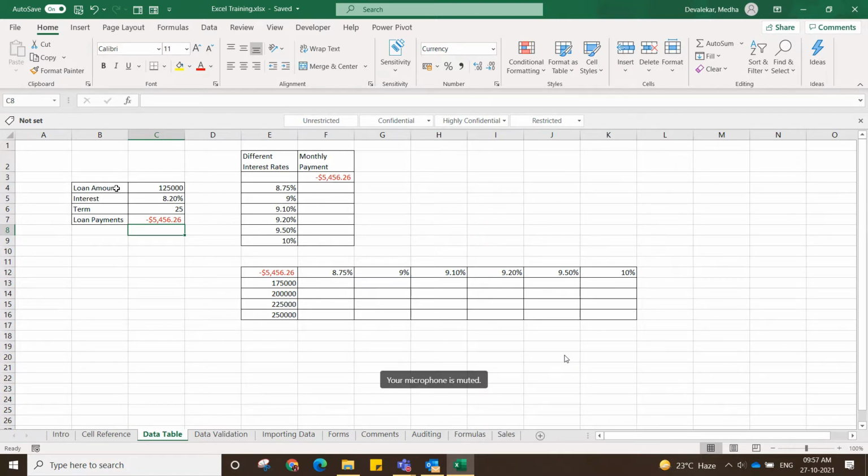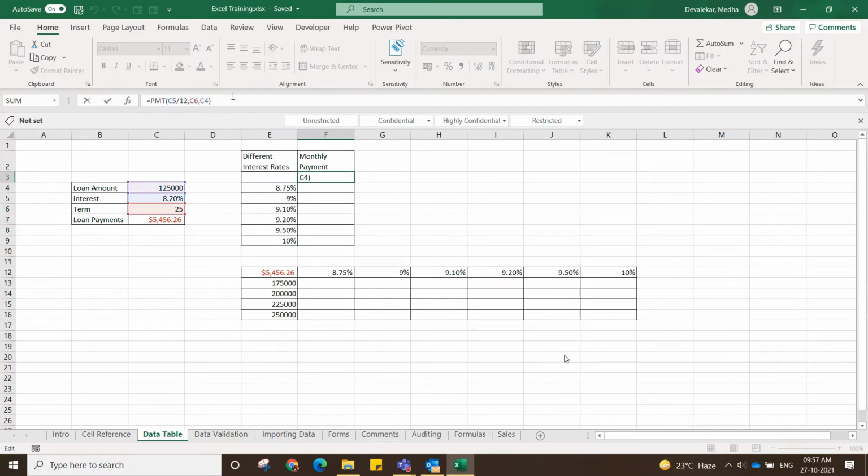Okay. So now consider we are calculating the loan payment. But now my interest rate is not a constant. I need the interest rate to change, and based on that interest rate, I need to calculate the monthly payment. So how will I do it? I created another table with some interest rates. Here I will just refer to this same formula.